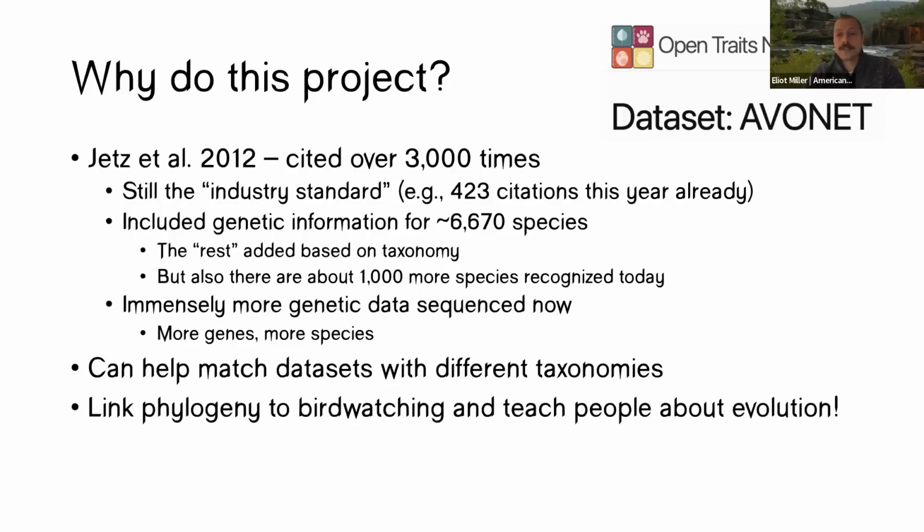Another good reason to do this project is that the taxonomic crosswalks we're building can help align large trait databases like the AVONET morphological database for all birds globally. It can allow us to impute missing data when taxonomy changes, and it allows us to keep these databases aligned and current going forward. And the last reason we need a project like this is because we can use it to teach people about evolutionary concepts. Birdwatching and listing, all this stuff is totally powered by evolution, but a lot of people don't realize this or think about it. And there's some great opportunities like this webinar to sneak a little bit of evolution into the mix.